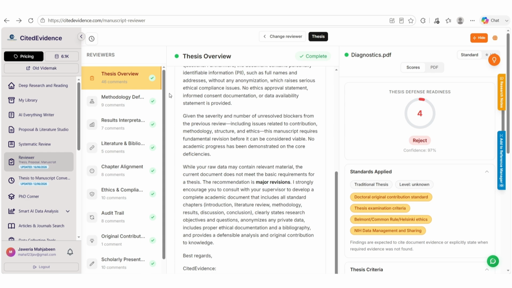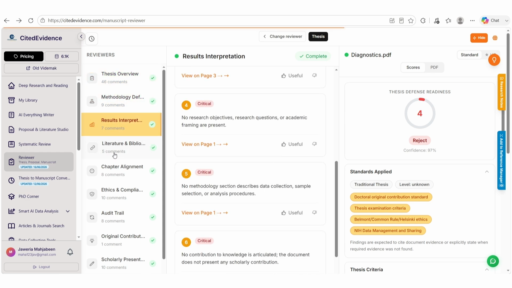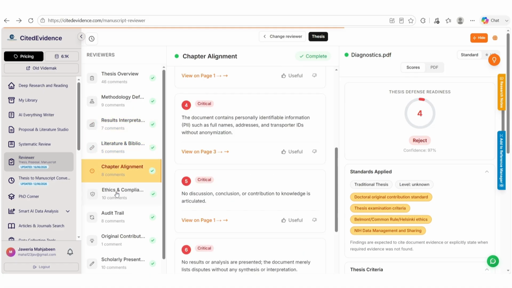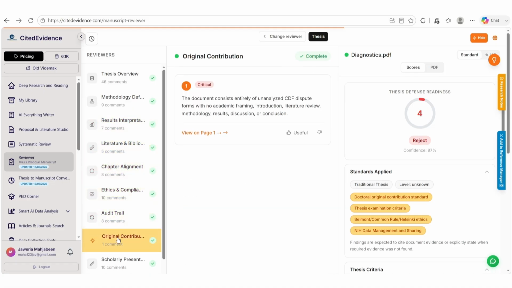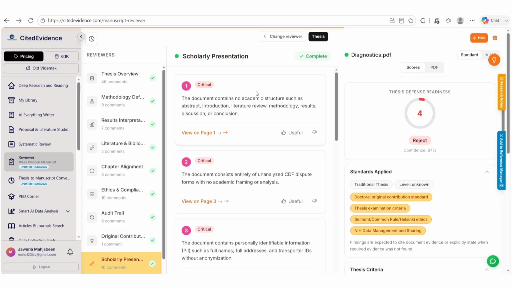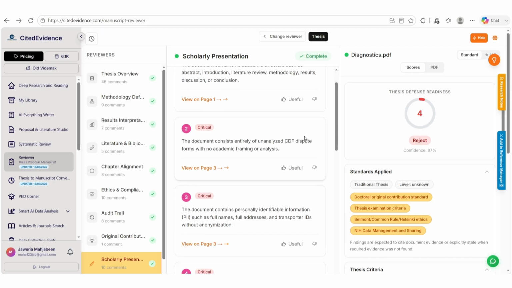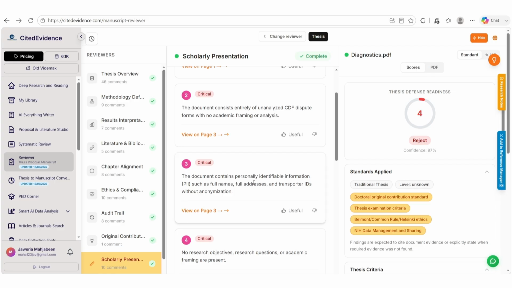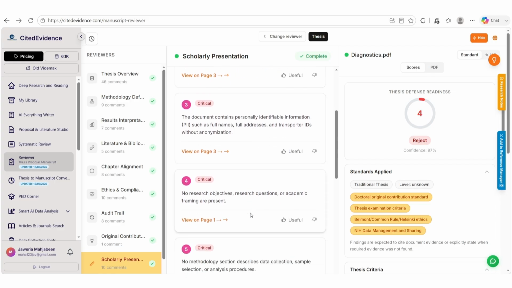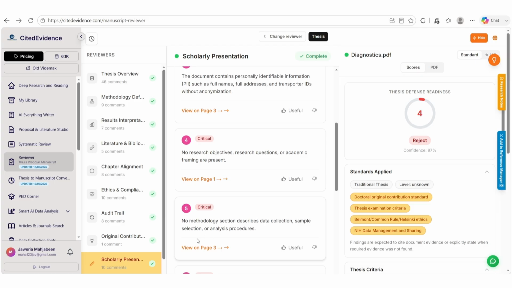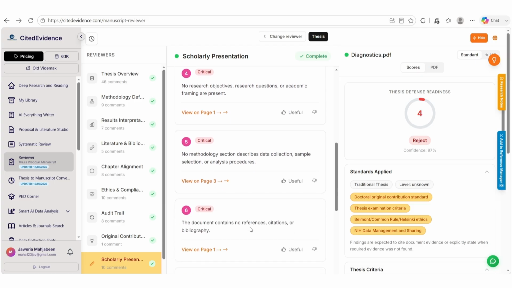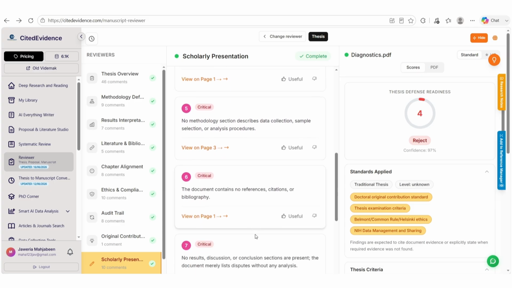Below that, I may see categories related to chapter structure, methodology, analysis, literature, alignment, ethics, discussion, contribution, writing, and defense readiness. Each category checks a different part of the thesis. In the center, I can read the full overview. This gives me the main findings before I open the detailed comments. It may explain whether the chapters connect properly, whether the research objectives are answered, and whether the conclusion is supported